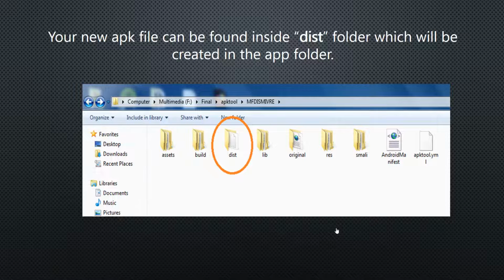Your new APK file can be found inside the dist folder, which will be created in the app folder.